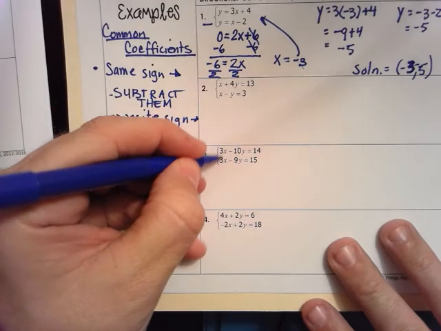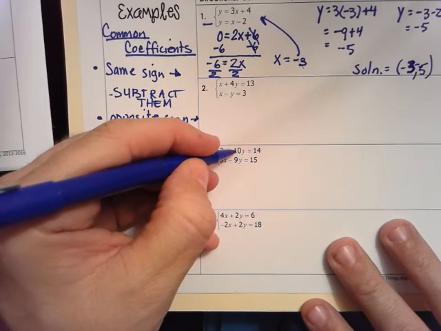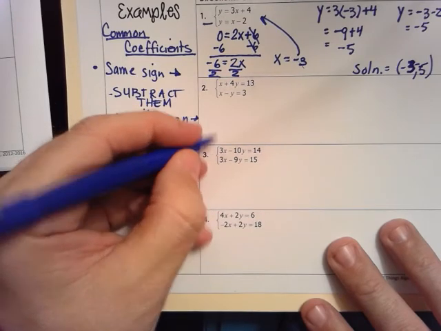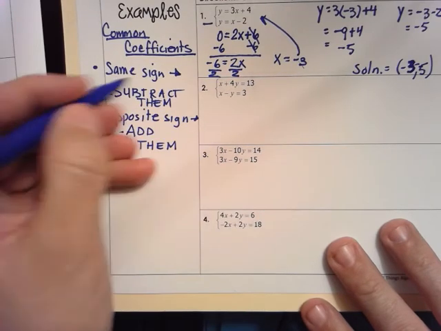One is a negative 10, one is a negative 9. So we want to look at these two here. They're common, and they're both the same sign. So the same sign means we're going to subtract them. And so we have